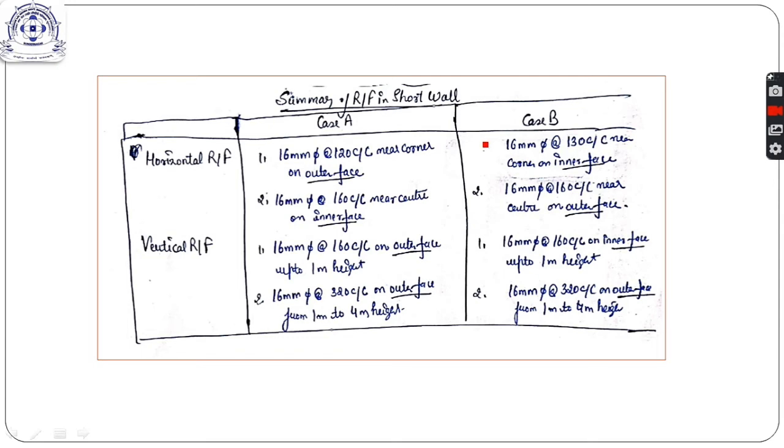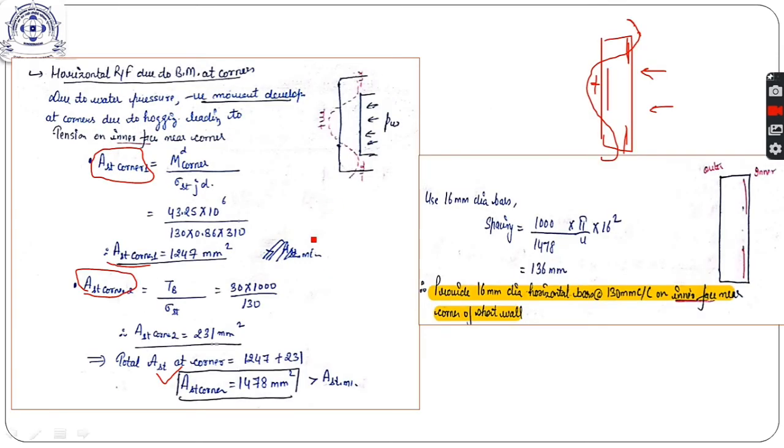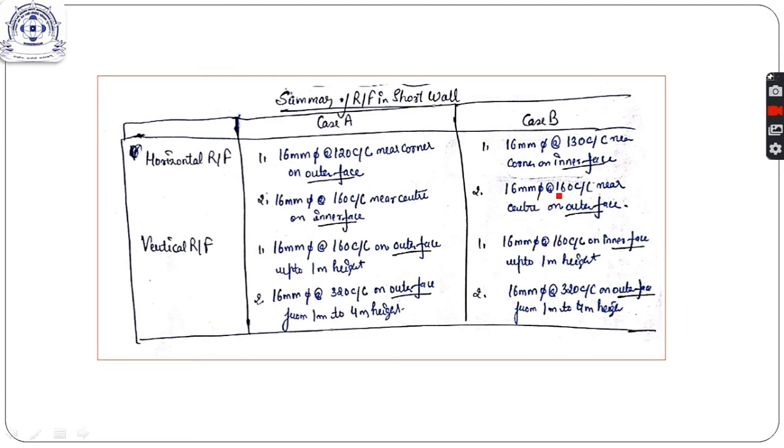Now in case B it will be exactly opposite because of the reversal of loading here. At the corner we have 16 mm at 130 on the inner face and 16 mm at 160 on the outer face. Similarly for the vertical reinforcement, in the first case, that is for active earth pressure, the vertical reinforcement was provided on the outer face, and on the inner face in the second case, and we have curtailed this reinforcement at 1 meter height in both cases because the cantilever action is acting up to 1 meter height only,